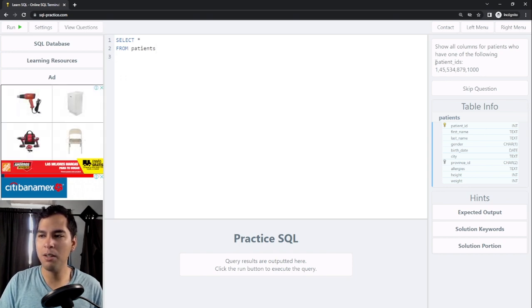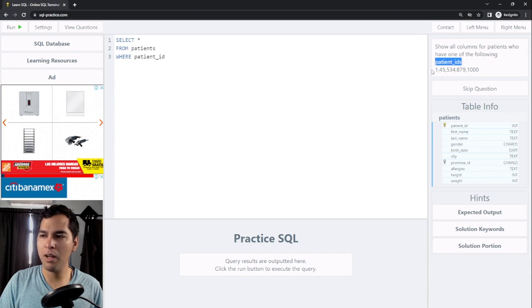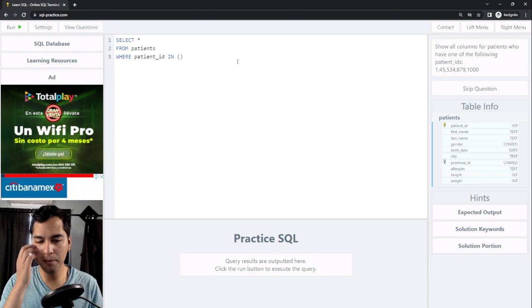I need to specify which IDs or which patients I want to show only. So to do that, I need to use the where clause, and I'm going to say where patient ID, because it's requesting me to only show the patients whose ID are these ones. So I'm using this where patient ID in, and I need to open parentheses, and inside the parentheses I'm going to just